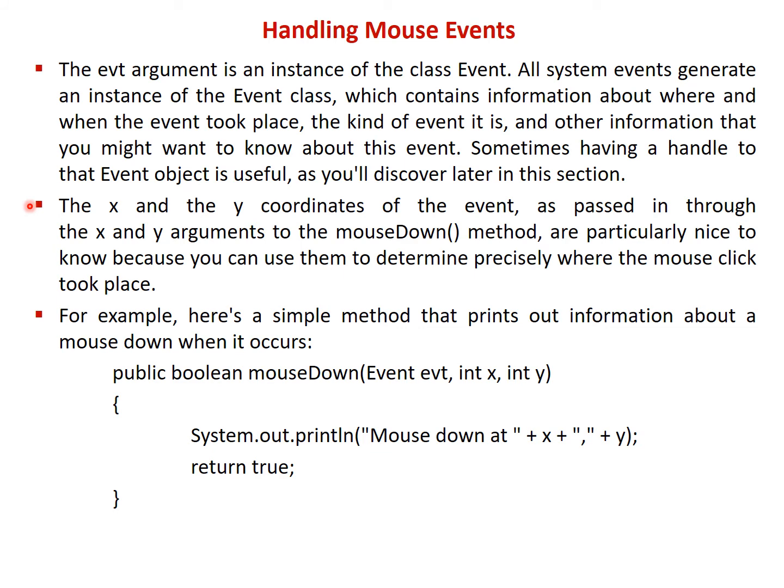The x and y coordinates of this event, as passed in through the x and y arguments to the mouseDown event, are particularly nice to know because you can use them to determine precisely where the mouse click event took place. The example here is a simple method that prints out information about a mouse down event when it occurs. public boolean mouseDown(Event evt, int x, int y) { System.out.println("Mouse down at " + x + "," + y); return true; }